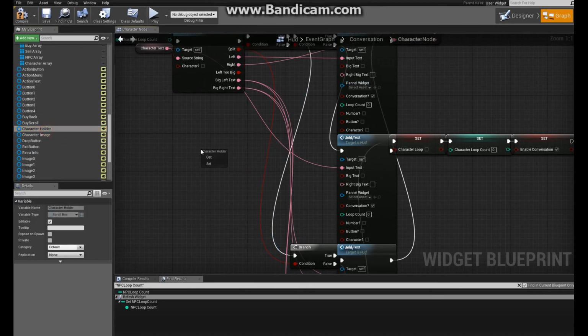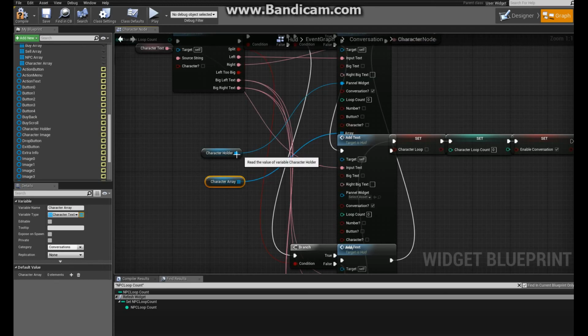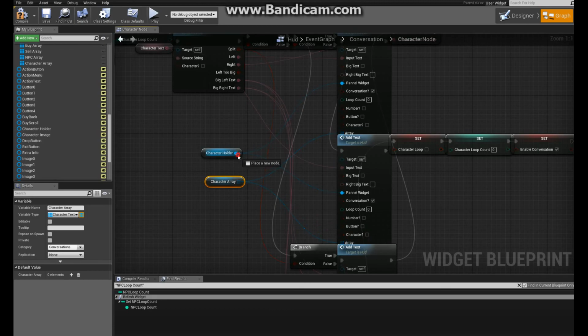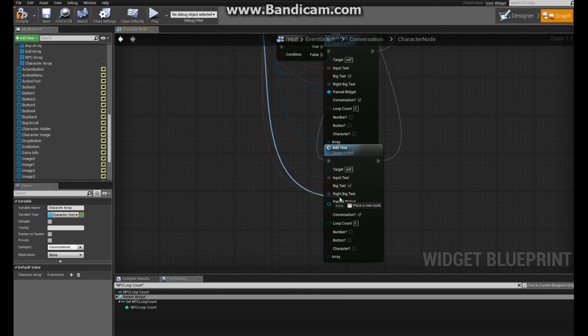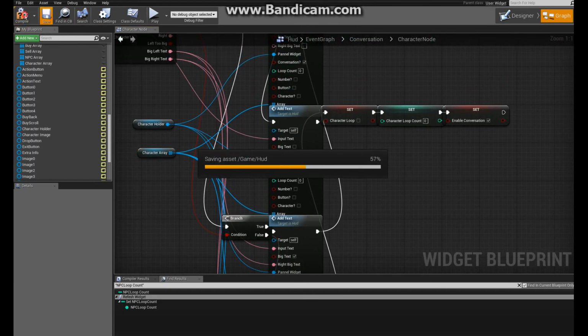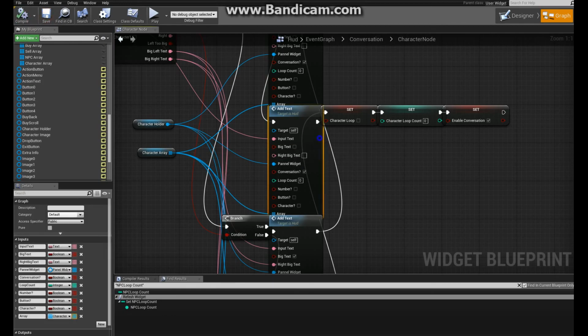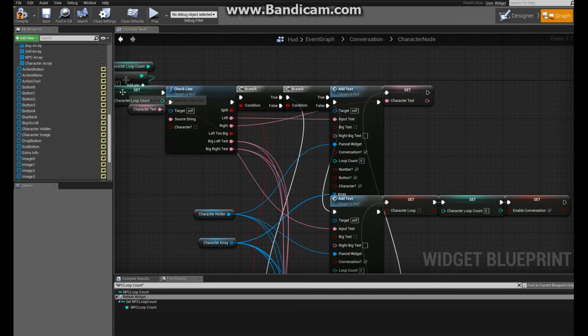Get the character holder, character array, add them to the functions. There we go. Okay, now we're going to change some options on these, or not change, but add. So it's a character, so it has a character holder, and it's going to have a button so you can click on it. And since we're using the loop count up there,